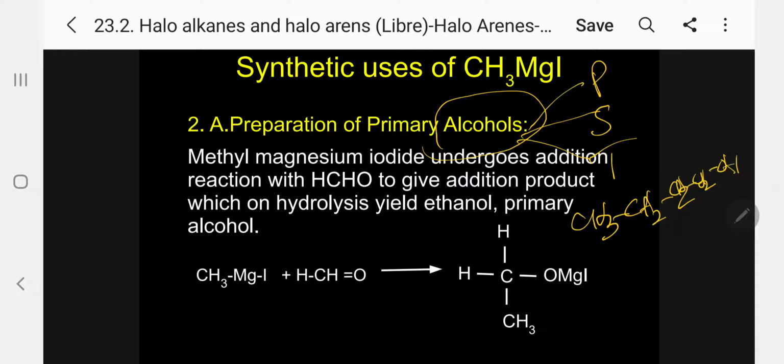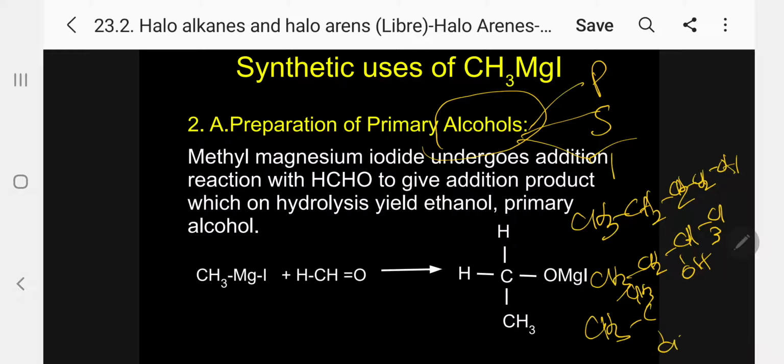This is primary butyl alcohol and this is secondary butyl alcohol and the third one, CH3, CH3, C, CH3, CH3, OH. So this is the tertiary butyl alcohol. Kindly follow. Primary, secondary, tertiary is based on